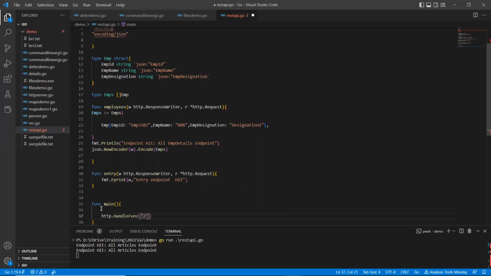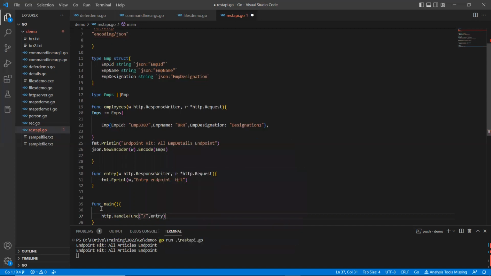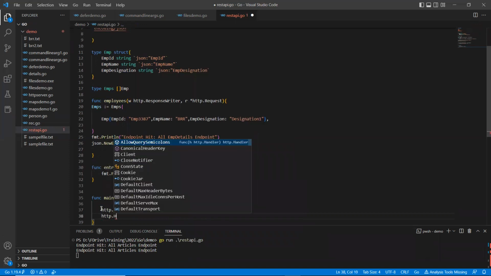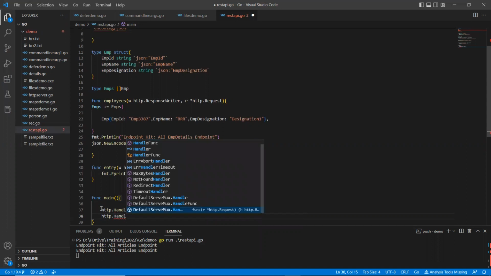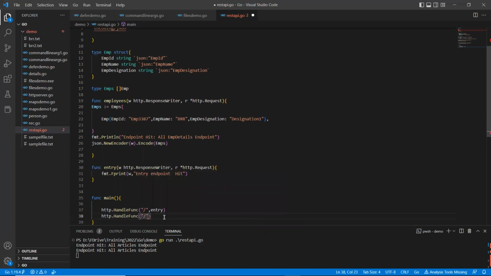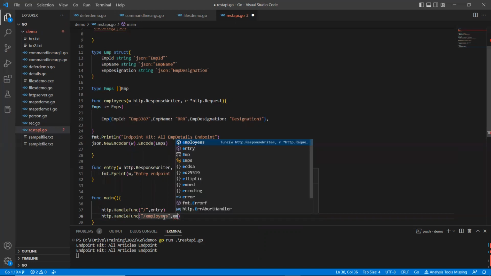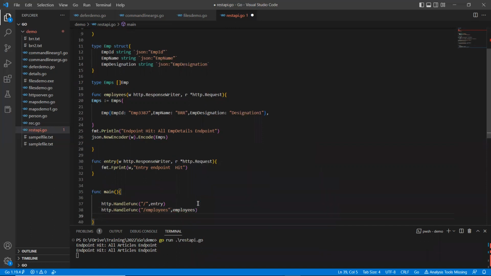when I press slash, I need to invoke or call entry. http.HandleFunc of, so when I hit employees, then I'm going to call employee. Okay. And after that, I'll